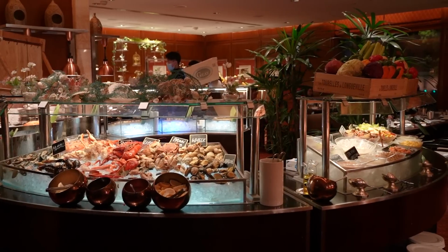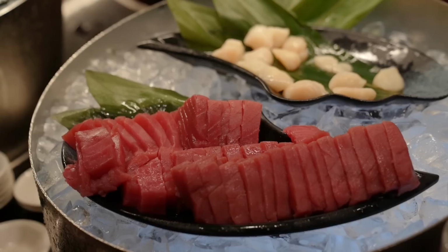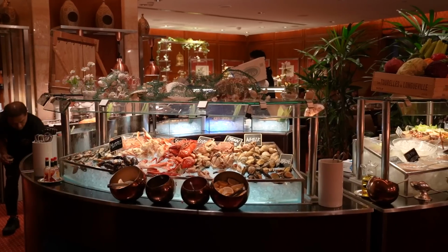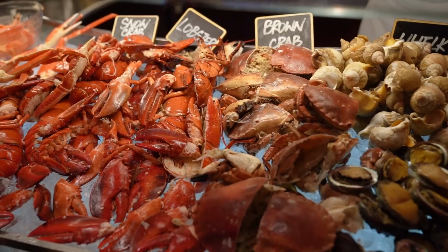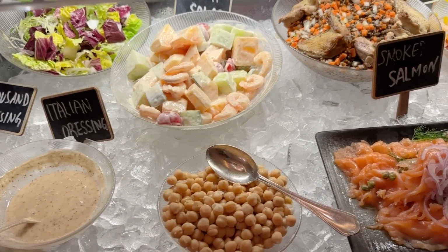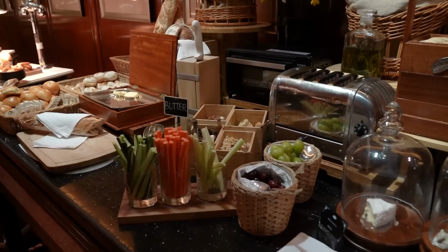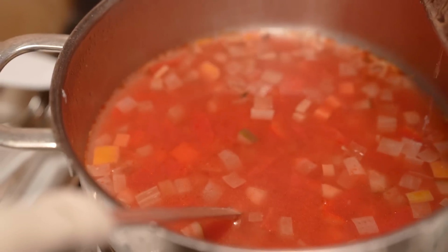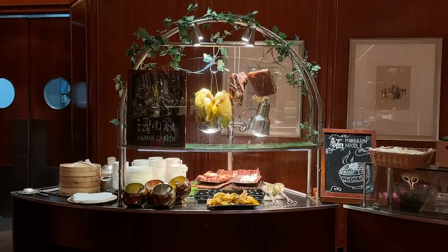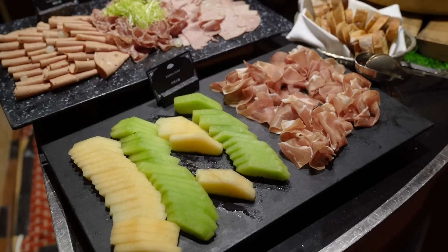Alright, hello again. We have a selection of sushi and sashimi, nigiri. Then we have a seafood section, including lobster, abalone, mussels, snow crabs, prawns, salads with condiments, a cheese selection, minestrone soup and a bone broth, a Hainan chicken station, a Chinese barbecue station, a laksa noodle station, a selection